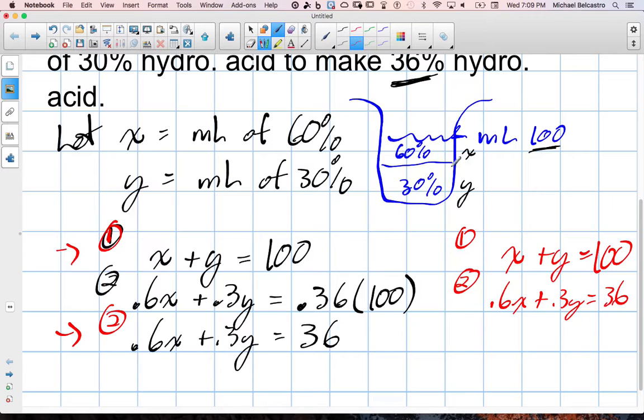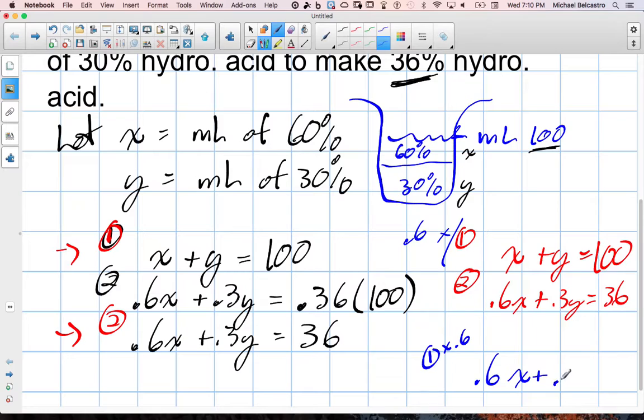Okay. In elimination, the whole point is to get your coefficients in front of one of the variables, doesn't matter which one, to be the same. And then we can add or subtract depending on what we've used. Which variable would you like to eliminate, the x's or the y's? The x's. Okay, so if we're going to eliminate the x's, that means the coefficients of the x's must be the same. Yeah. Okay, so because this one is 0.6, I'm going to multiply this entire equation. I put a line there to say the entire equation by 0.6. Okay, so what we're saying now is equation 1 times 0.6. That's the new equation we're building, and it will be